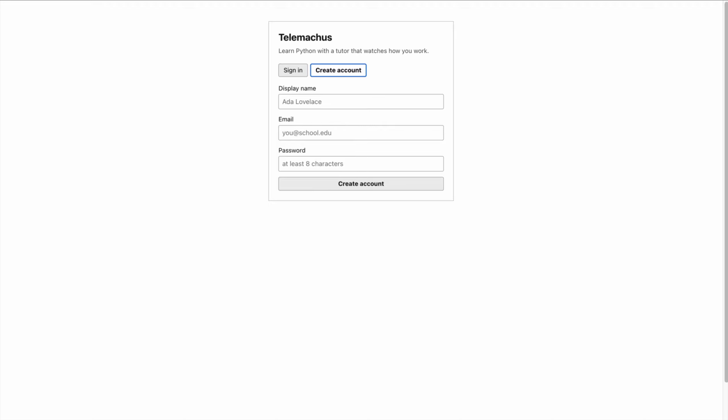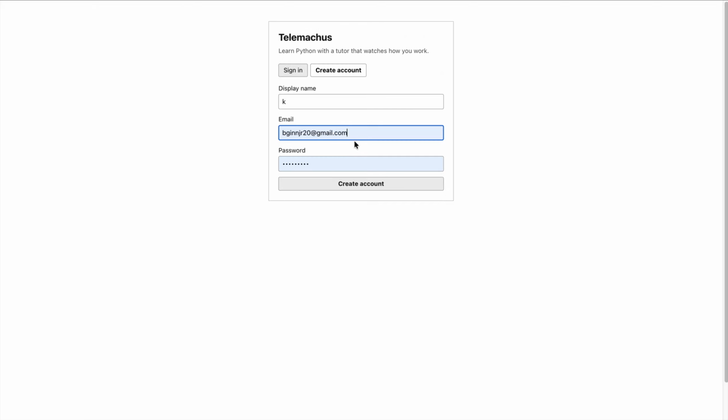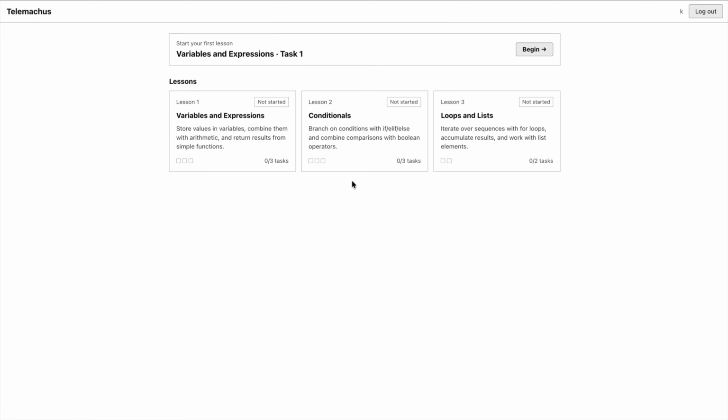So right now we're going to do a quick login. Let's see, you can do K. As you see, I already logged in. Just put B at gmail.com and then we can create an account. So as you can see right here, this is our dashboard,